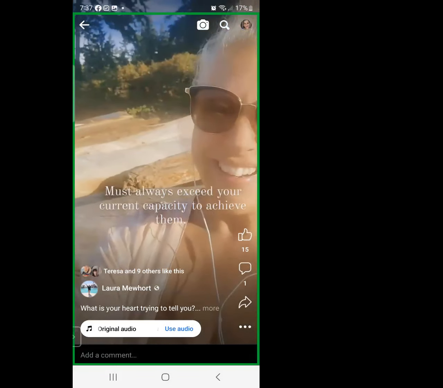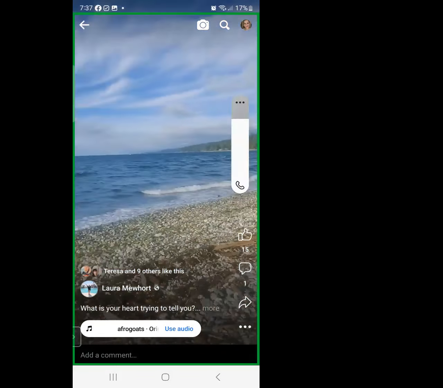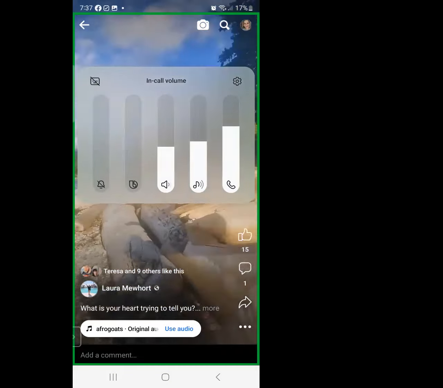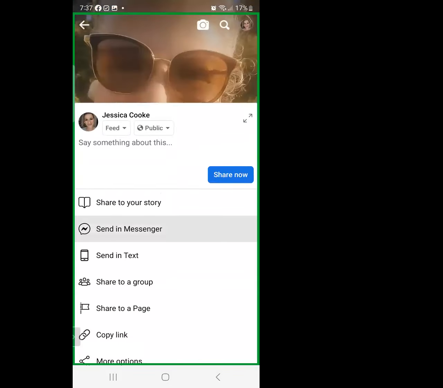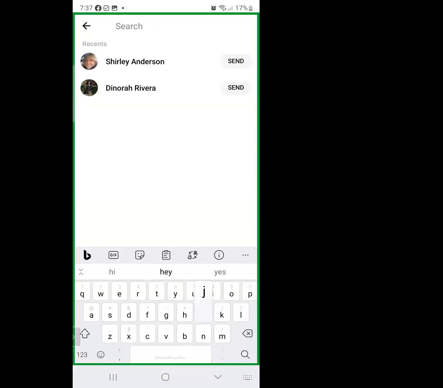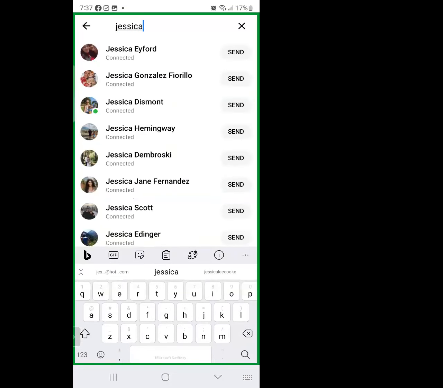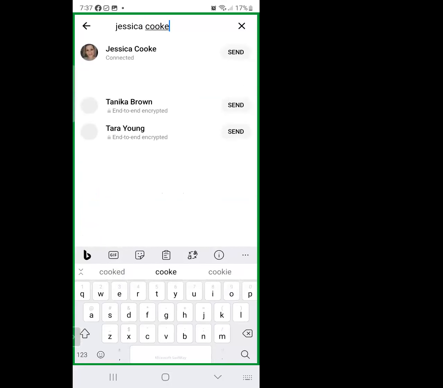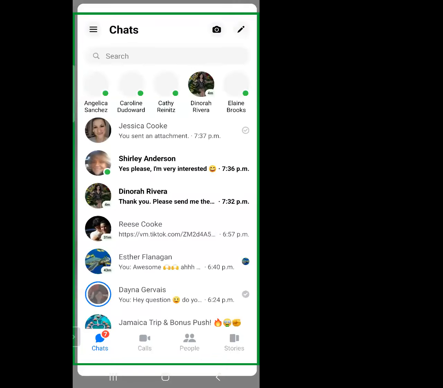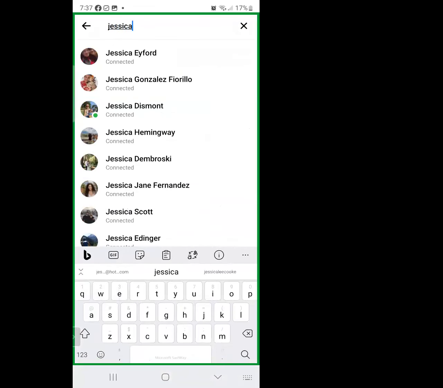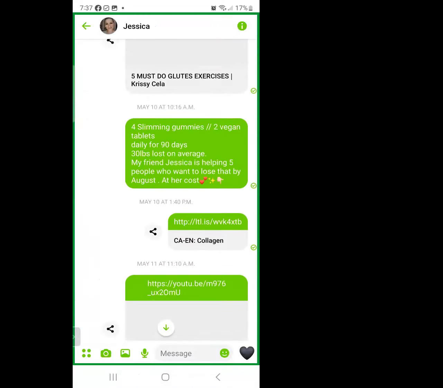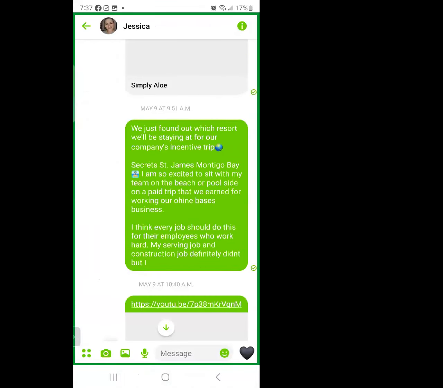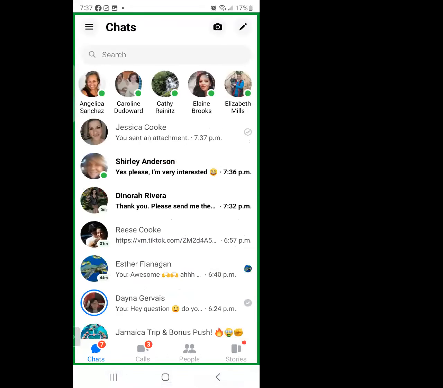So you can see the thumbs up is there. I really like this and I'm going to save it. So I'm going to send it to myself in Messenger because I'm going to reuse it later. I like this a lot. So whenever I find a video that I like, I send it to myself in Messenger on Instagram or on Facebook. So I'm just going to type in my name and I'll show you guys. So I've got videos saved from all over the place. Okay. So do you guys have any questions